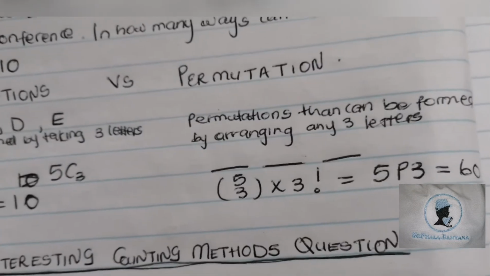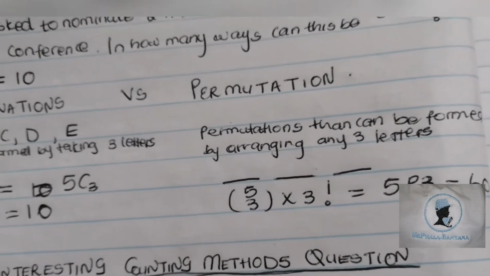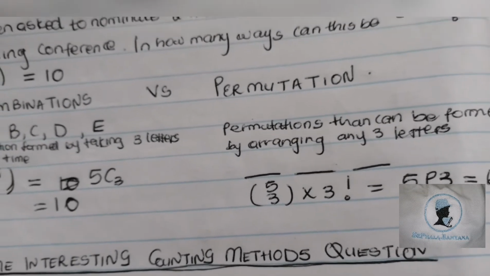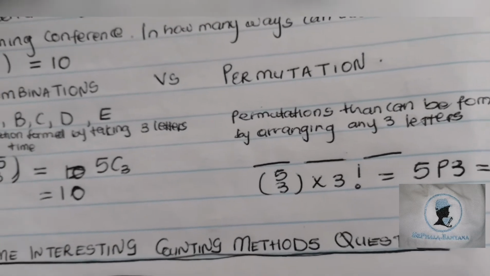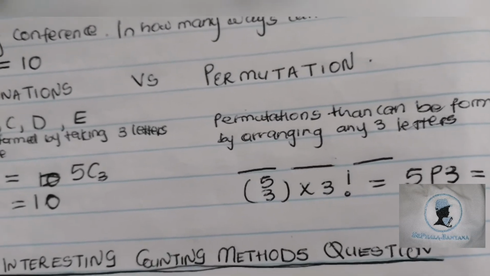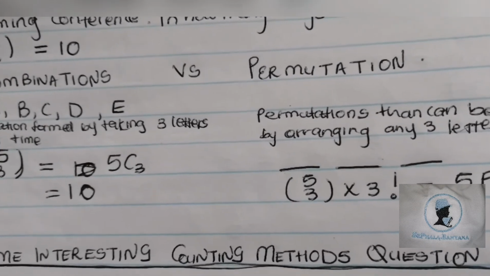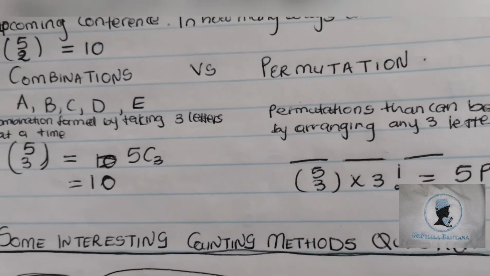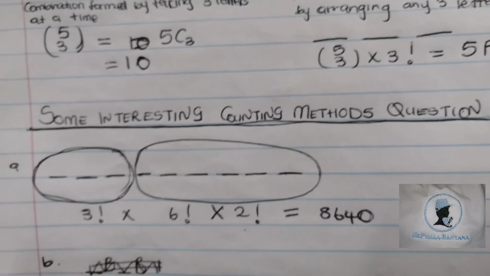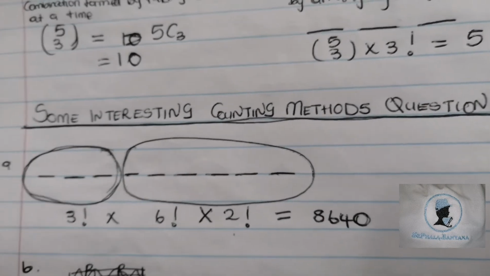But in permutation, the order matters. So ABC, CAB, they are different. We have 2 permutations there. But if it's a combination, we have 1 combination. So that is the difference between combinations and permutations. I hope you understand. I won't say much about combinations, but that's all. Let's look at some